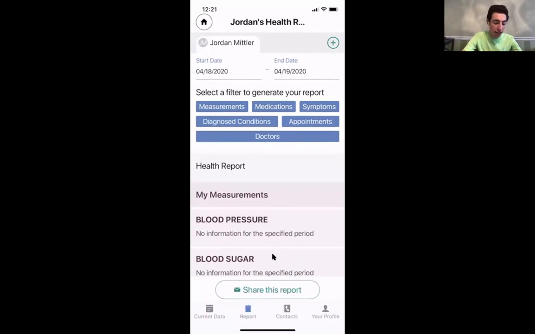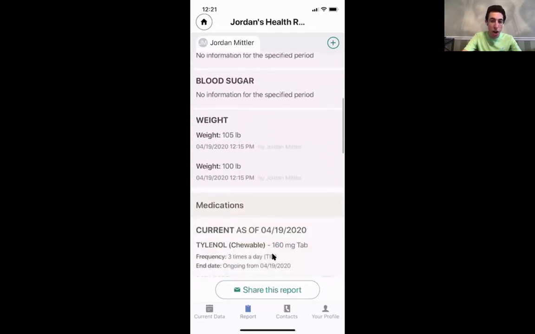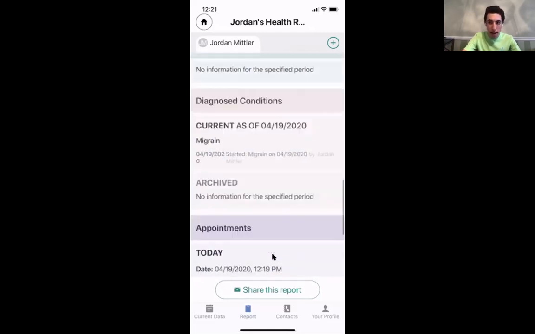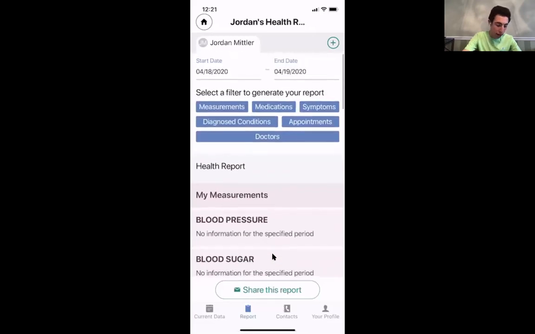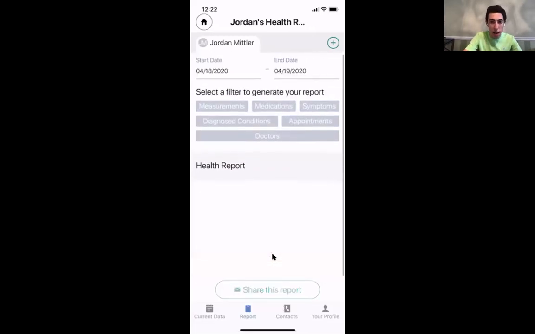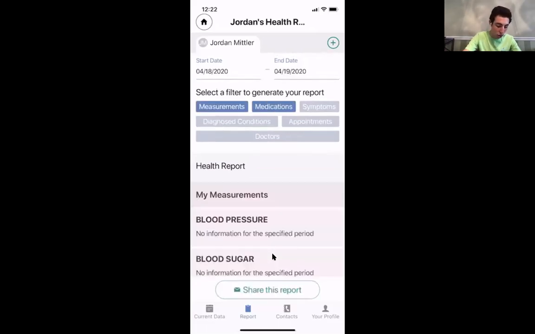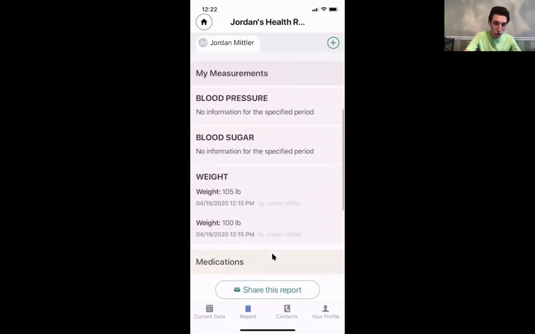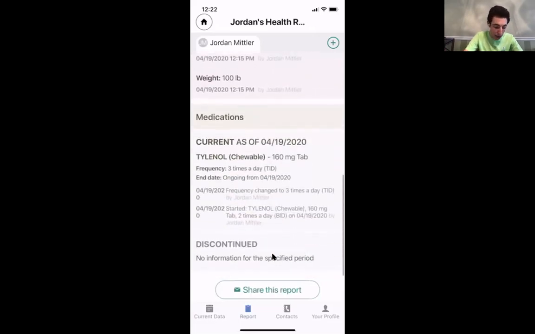And then where it says selective filter, here are all the options, and every time you click on one, you are going to deselect the option. For example, right now, if you scroll down where it says health report, you're going to see all the information here. If you start to deselect them, for example, let's say I deselect everything, and now it all becomes gray. There'll be nothing here. But I said I only want to send my doctor measurements and medication. So if I highlight those two, it will now just show my measurements, right? Weight's the only one we put in, and medications is at the bottom.